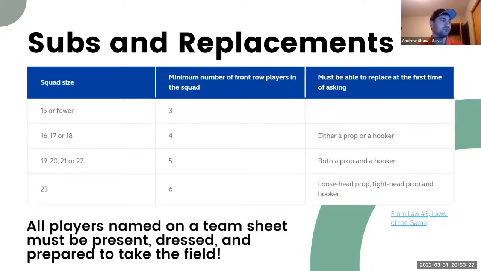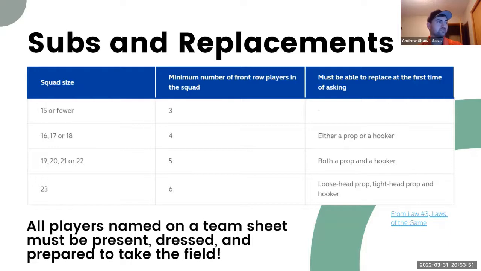That also goes for players nominated as front row replacements. If you're nominating someone as a front row replacement, they must be prepared to play in the front row if called upon. So as a coach, this is why I mentioned coaches as being someone who would benefit from being here tonight. You need to be making sure that the players that you're naming as front row replacements are able to play that position safely,